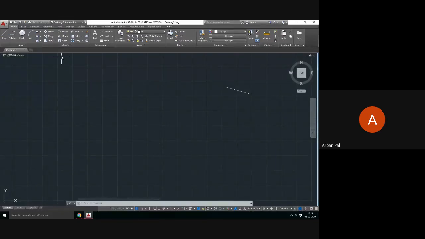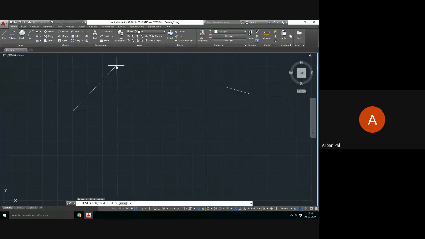You have to draw the lines by taking the dimensions. So how to do that? Just take the line. Suppose you are starting arbitrarily from here. Click here, drag your mouse to fix the direction. Suppose I want to draw in this direction, and then I need to give some dimension.